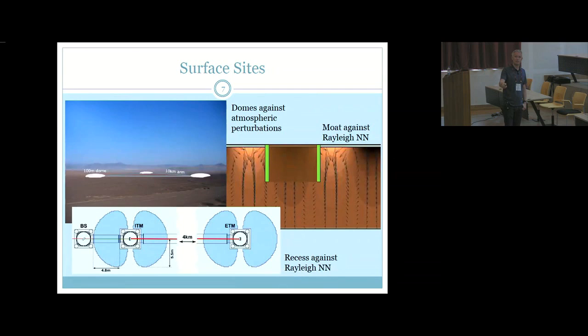For example, against atmospheric Newtonian noise, the idea could be that around your end stations, here for a triangular detector, you could build huge domes with a radius of maybe 100, 200 meters. Just to give numbers here. And in that way, you would have no air currents inside these domes, and that means all of the gravity perturbations associated with a quasi-static temperature field cannot be transported past your test masses anymore. So that contribution would be fully gone.